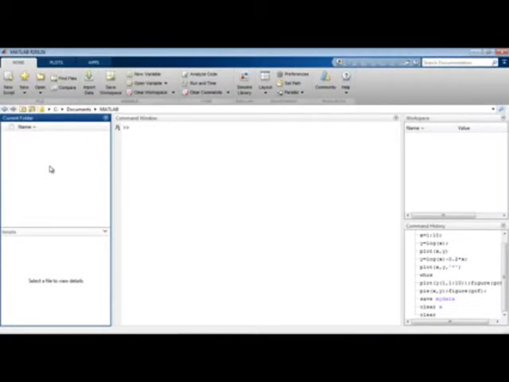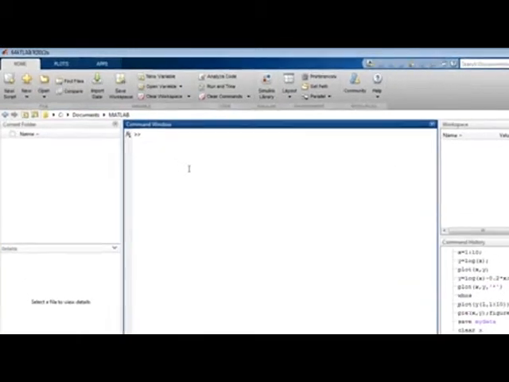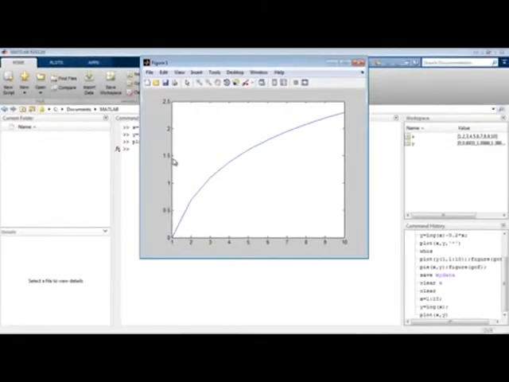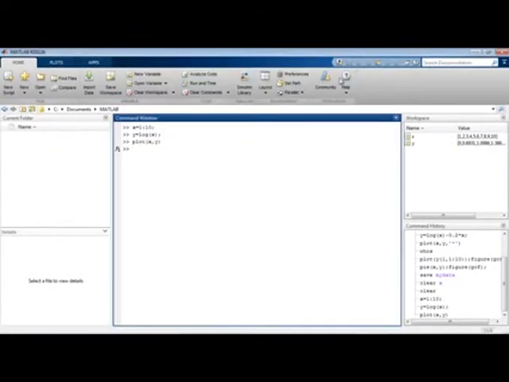This video tutorial will show you how to create and run a MATLAB program. The command window is designed to execute individual commands one at a time. You can automate the execution of many commands or build a complex application by writing a MATLAB program. This is a collection of MATLAB commands and functions, also known as statements, stored on disk as a text file